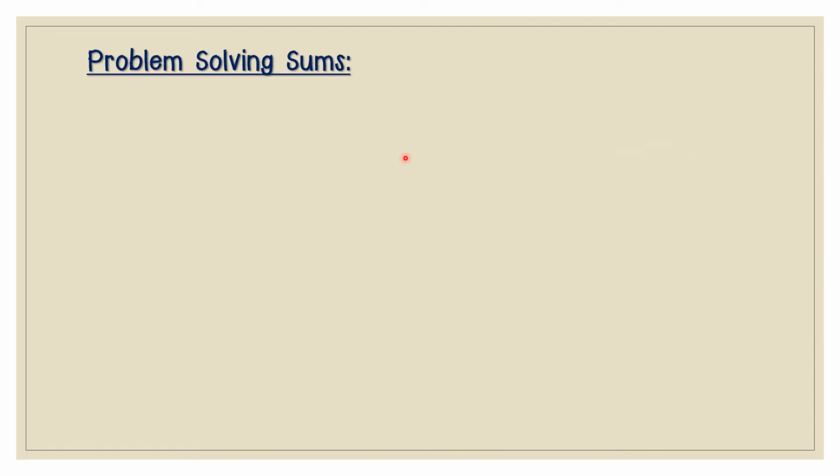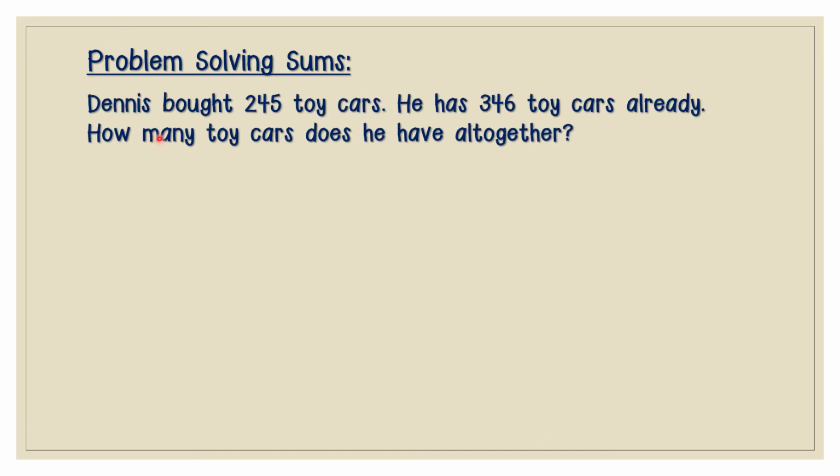Problem solving sums. Let's look at our problem solving sum. Dennis bought 245 toy cars. He has 346 toy cars already. How many toy cars does he have altogether? What do you think this problem solving question is asking us to do? Which word tells us? Yes, altogether. It tells us that we need to add